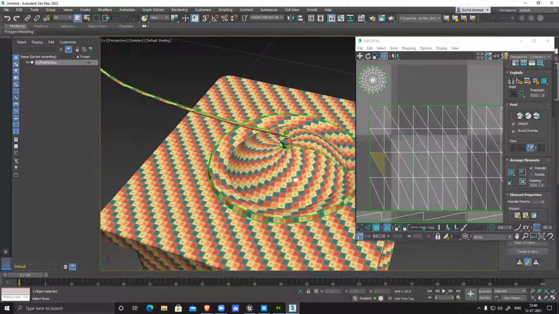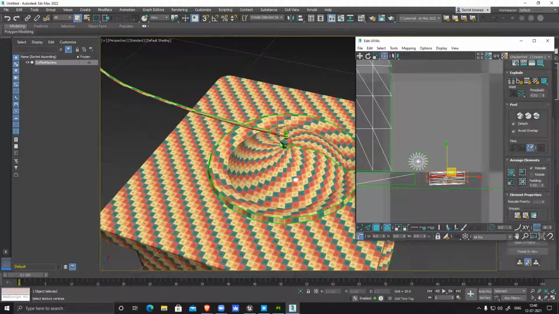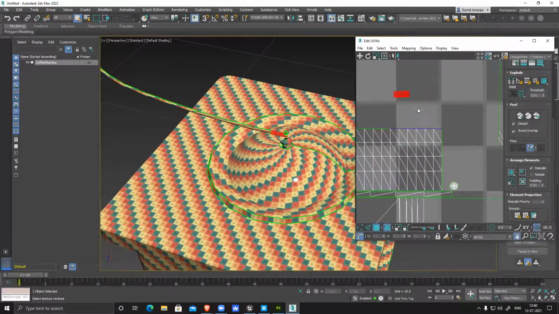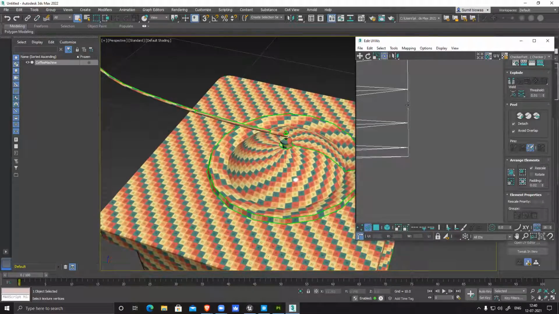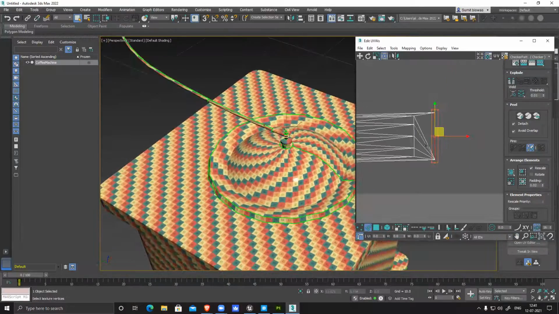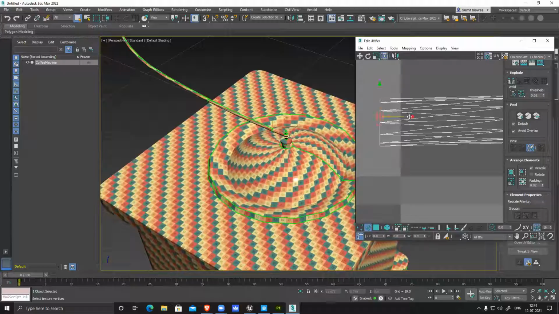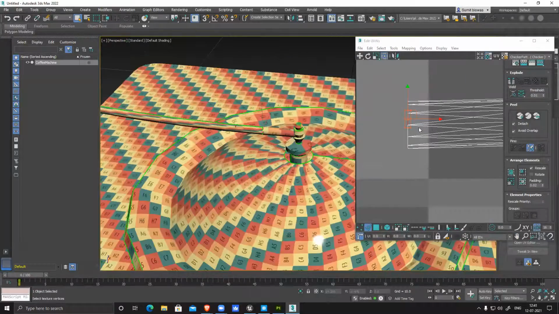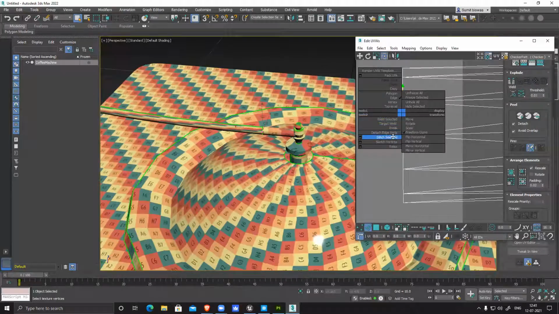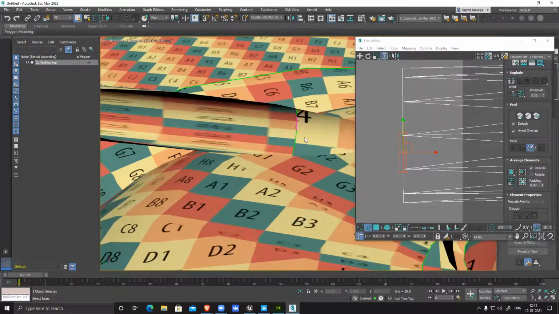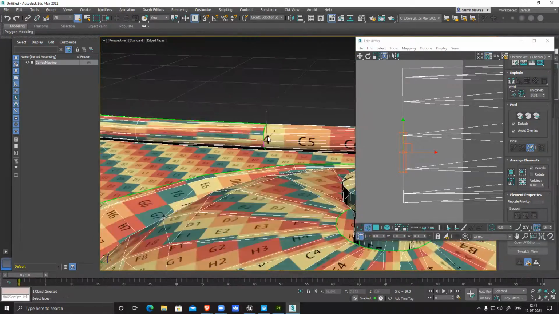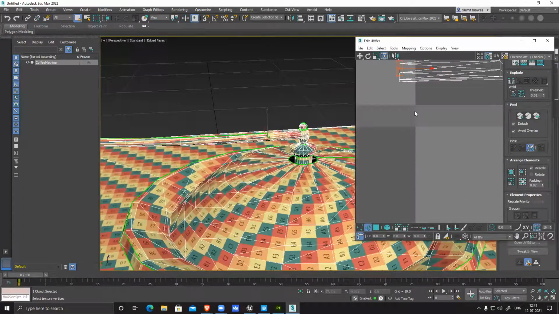It's separated from the main body. It's not stitching.